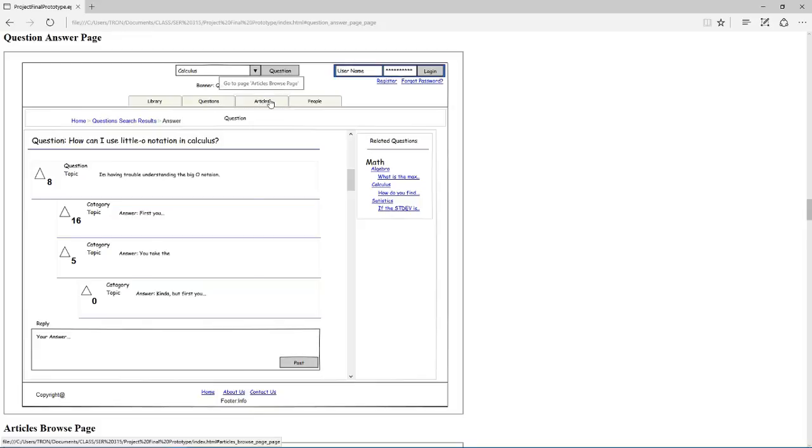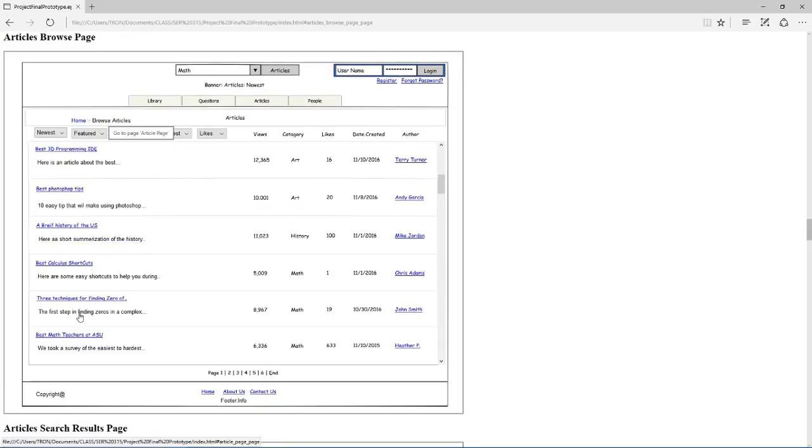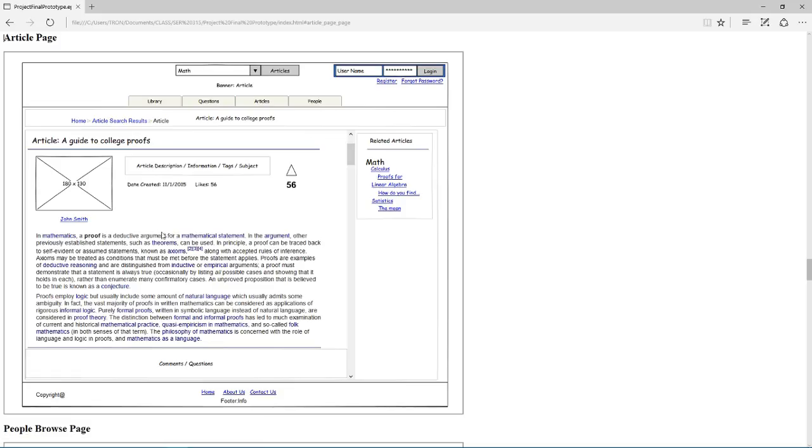Then we have the articles section which we added. Basically if a user wanted to upload a document about, let's say, finding the derivative of a function, they could create that article, upload it, tag it, and then people could view that article, rate it, and save it. So in the article section, we have the views, category, like whether it's art, history, math, likes, date created, and the author, and also filters to filter the search results. And so you can click on an article and it'll bring you to the article page